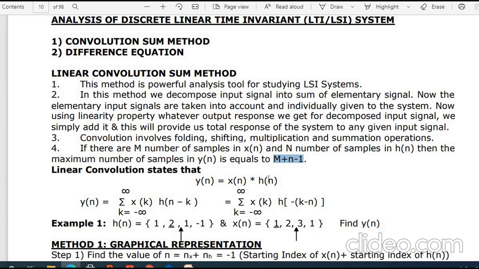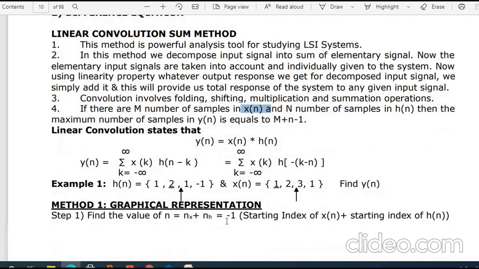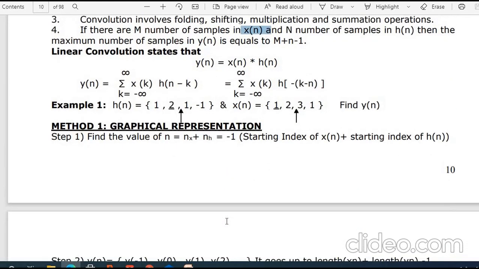If you want to remove this convolution symbol, you can write it in discrete form. Always remember, students, discrete means summation, continuous means integration. Whenever we talk about discrete signals, we take k equals minus infinity to infinity of x of k. Why am I writing k? Because we are converting the n domain signal, x of n and h of n, into a k domain signal. So the linear convolution of x of n with h of n can be written as the summation of x of k into h of n minus k.